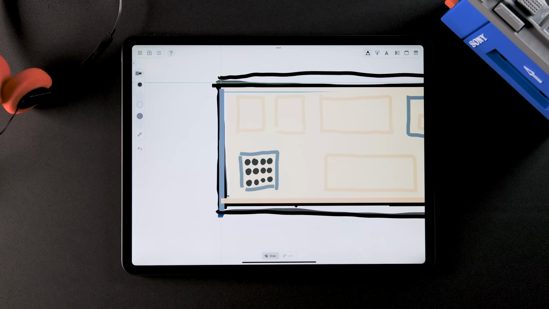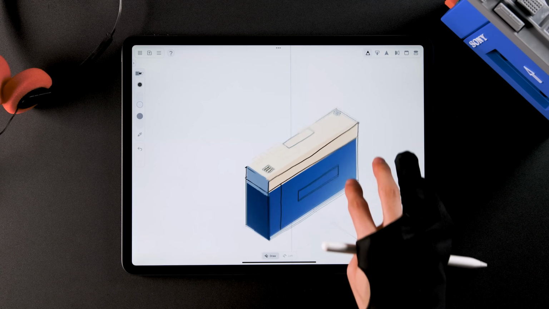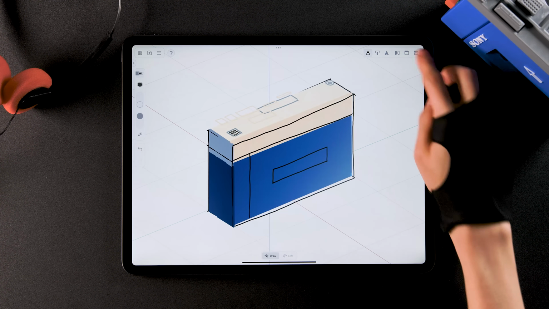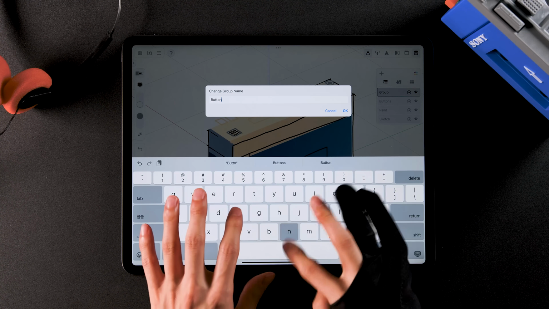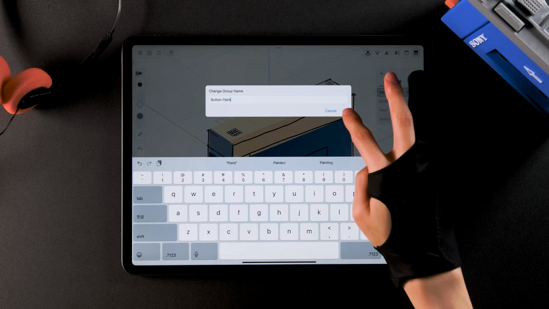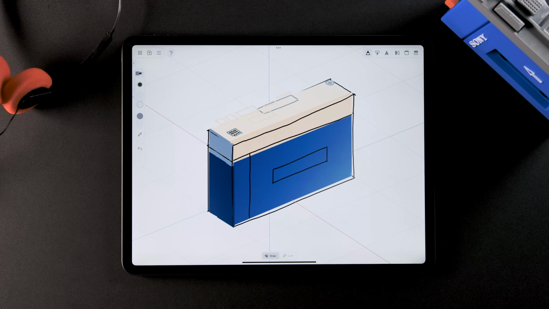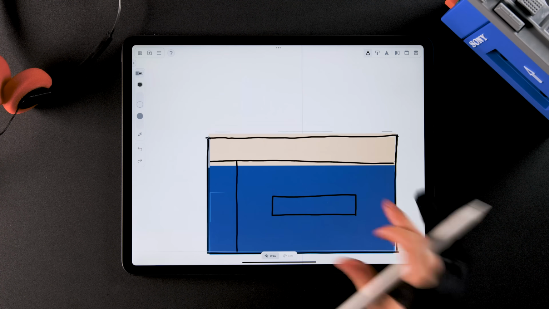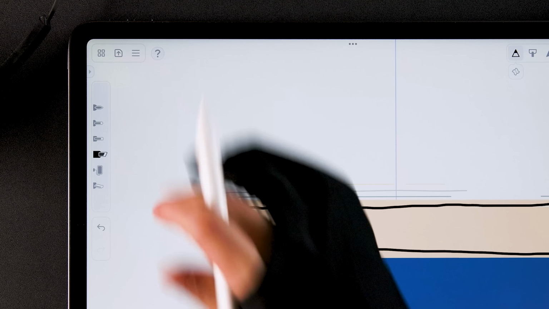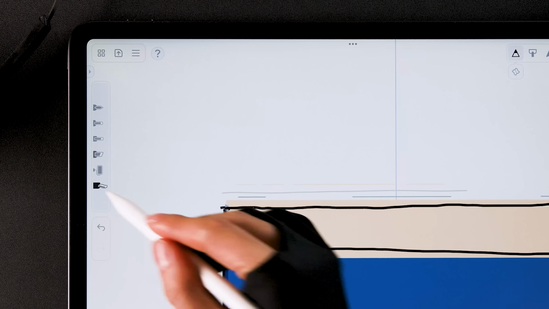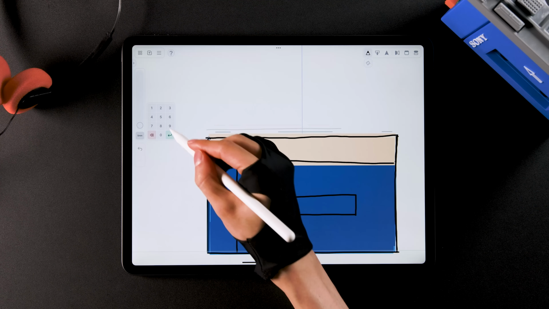Since we have the sketch of the buttons in the right position, let's paint them, similar to how we did with the body. Open the stage panel, add a new group, and name it Button Paint. We're going to use a different brush type this time. Draw a guide between the box and the button sketch. Now go to the brush type, select the one at the bottom, and change the size to 35.